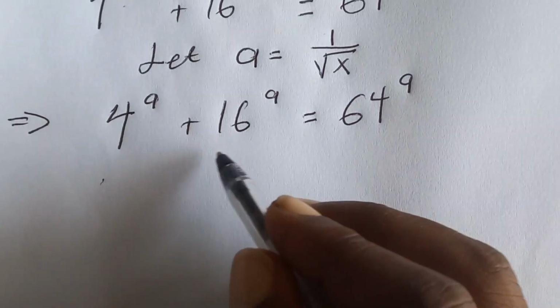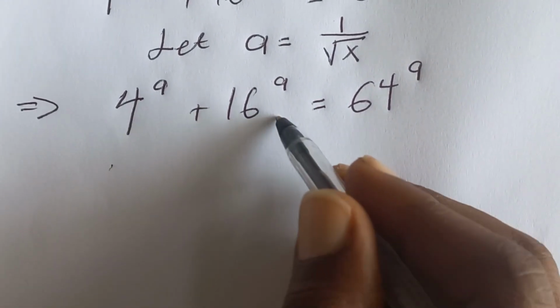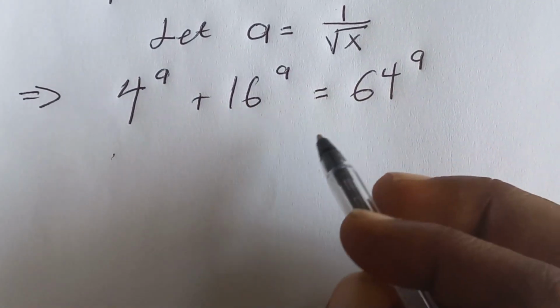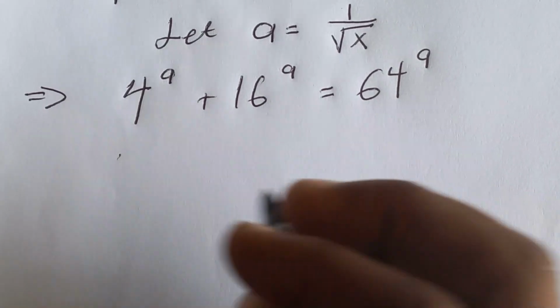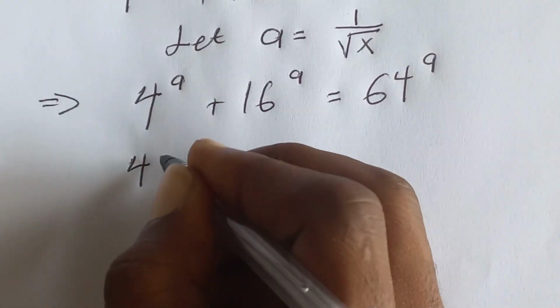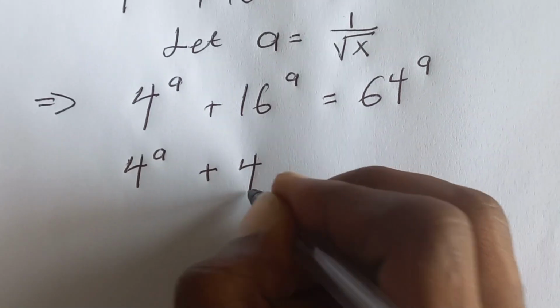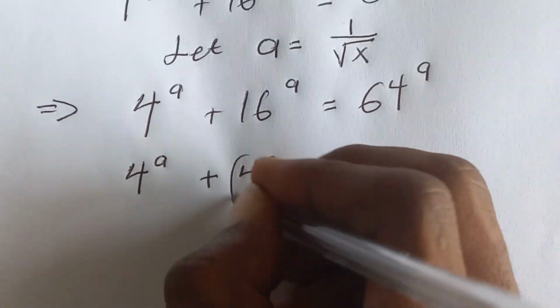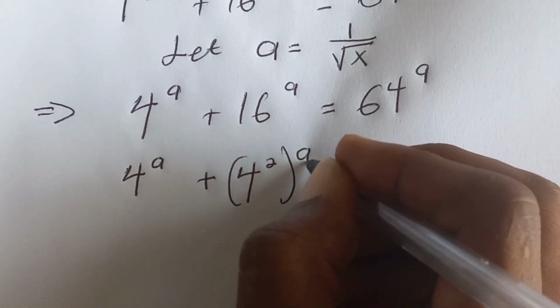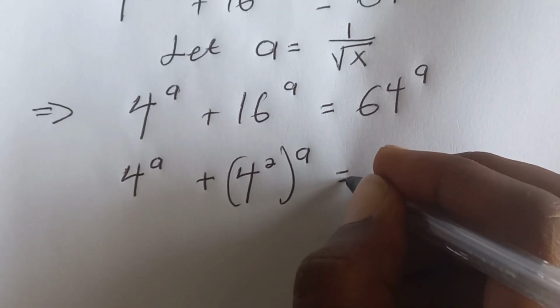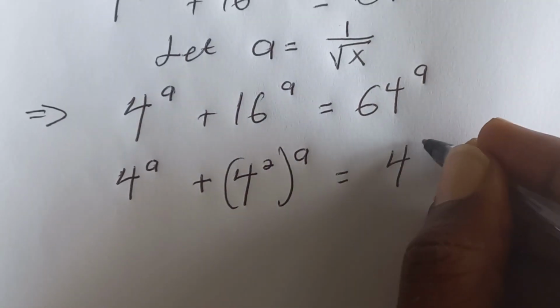Now we can express 16 as 4 squared and 64 as 4 cubed. So we have 4 exponent a plus (4 squared) bracket exponent a, which is equal to 4